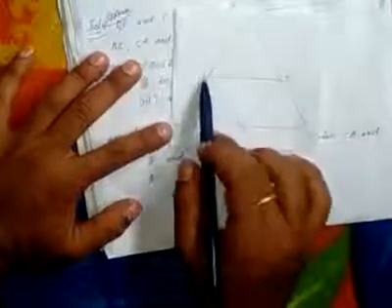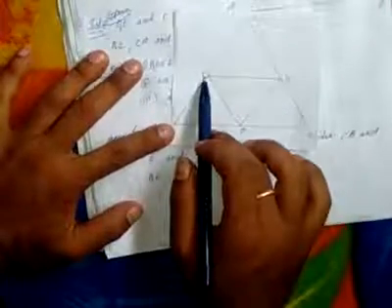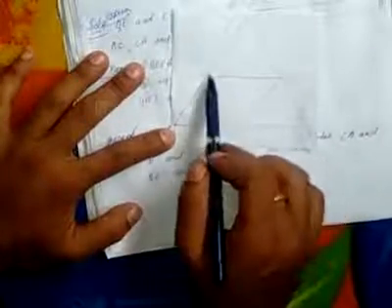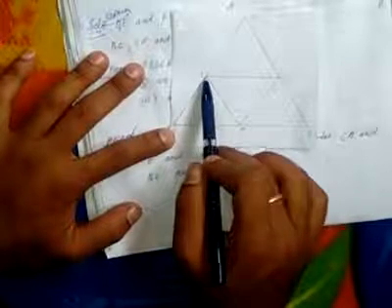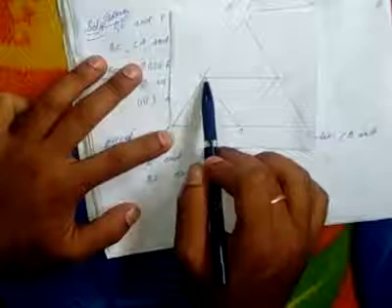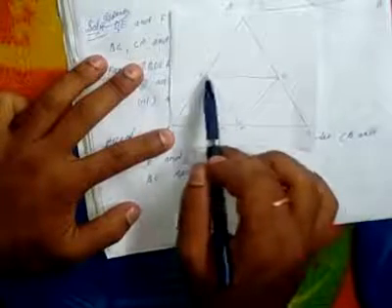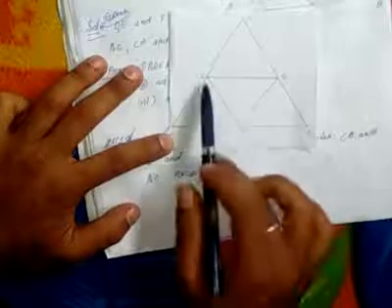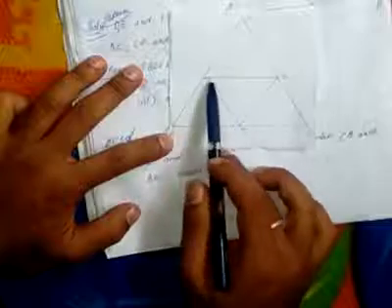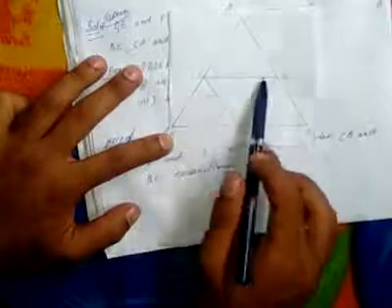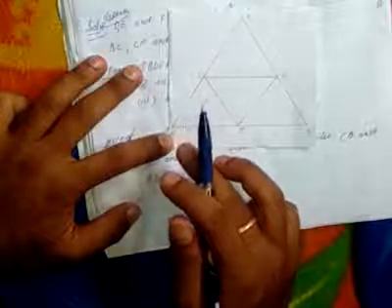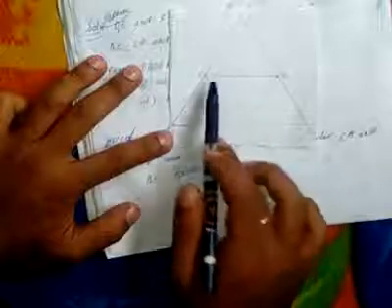Okay, this implies, as I told you in the earlier class, that if we know the midpoints of a triangle and we join any two midpoints of the sides, then that line segment will be parallel to the third side, isn't it? If we join ED, it will be parallel to AB, and ED is also half of AB, isn't it? As I told you in the earlier class.